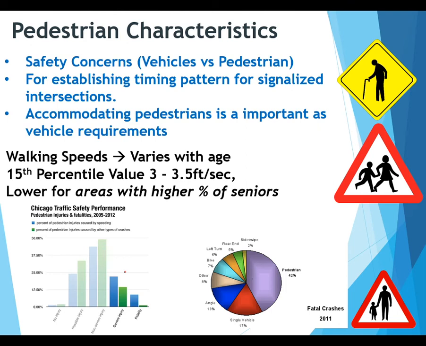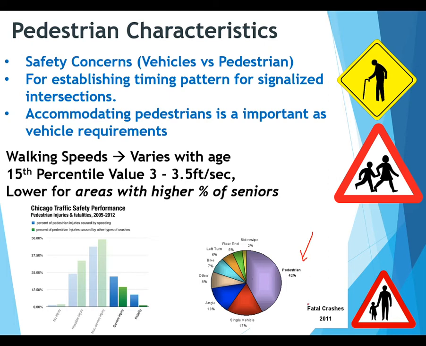Then we move to other people characteristics. We talk about pedestrians, and we talk here about the speed of pedestrians. Why do we use it? We use it for pedestrians crossing the roads. Why? Because if you go here to fatal crashes,